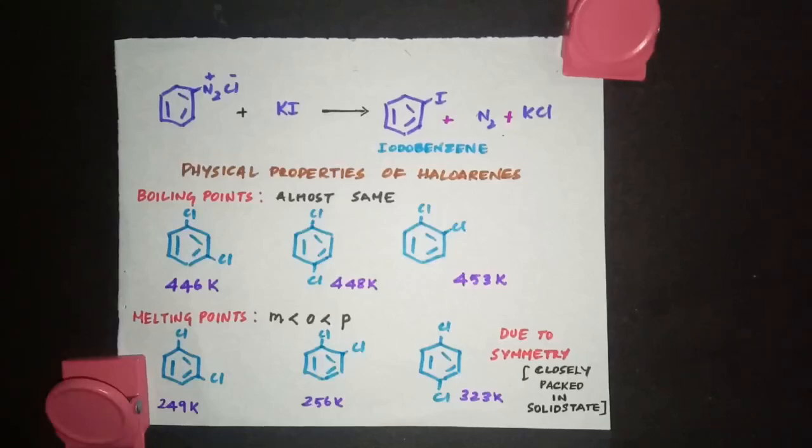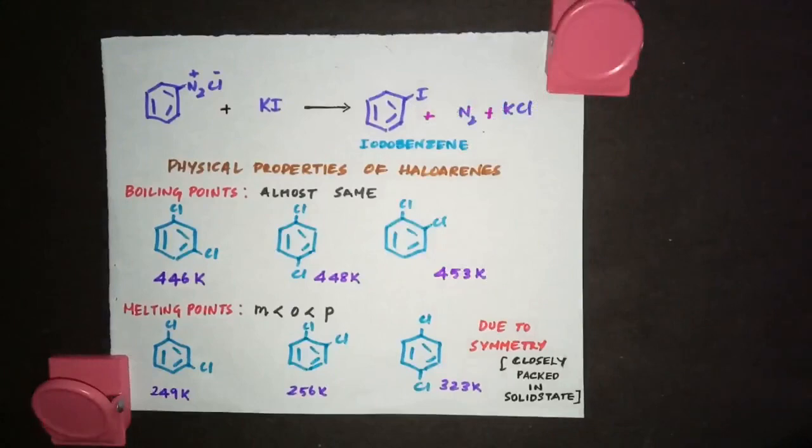Next we are going to see the chemical properties of haloarenes. When we studied about haloalkanes, what are the chemical properties we learned? They undergo nucleophilic substitution reaction, they undergo elimination reaction, and then they react with reactive metals. Same way, haloarenes can also undergo nucleophilic substitution reaction, and they can react with metals, and instead of elimination reaction, they are going to undergo electrophilic substitution reactions.